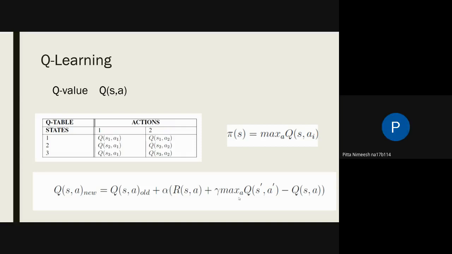And the reward is also calculated for going from state S to S prime. Correct. This was the reward which was received when you left S and landed at S prime by performing that particular action A. You took an action A in state S, and then you got the reward R. Also, Rohit, why are you subtracting Q of S comma A from the term?